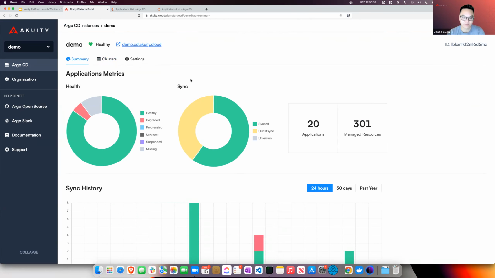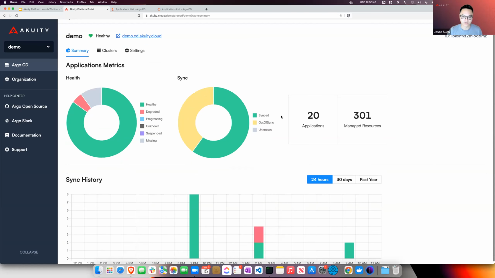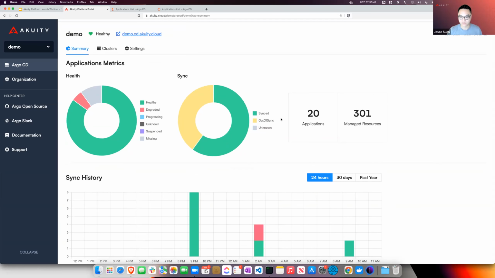The first thing that we built is application metrics. This is something that enterprises love, to see developer velocity and activity. With Argo CD, we have this understanding of what's happening inside clusters.